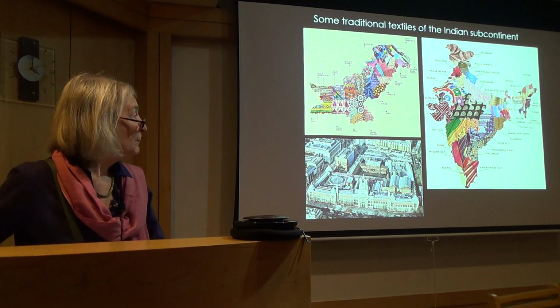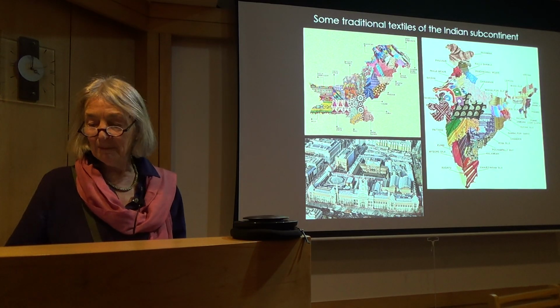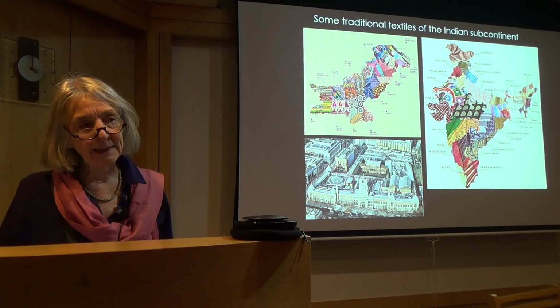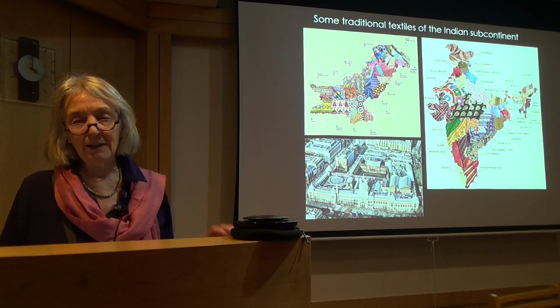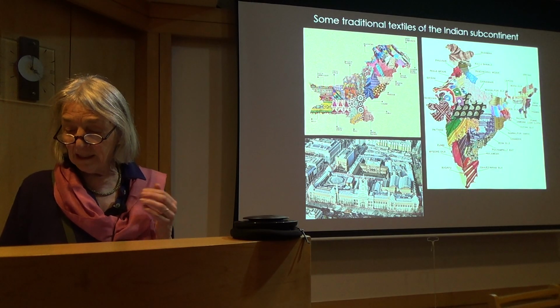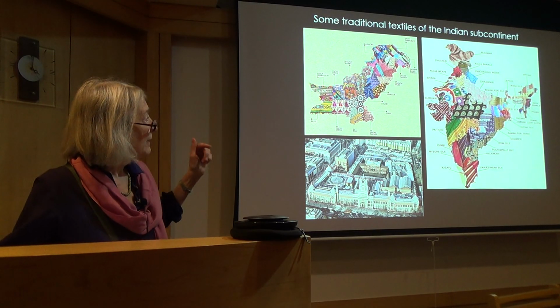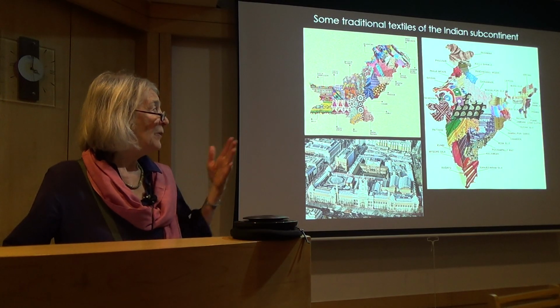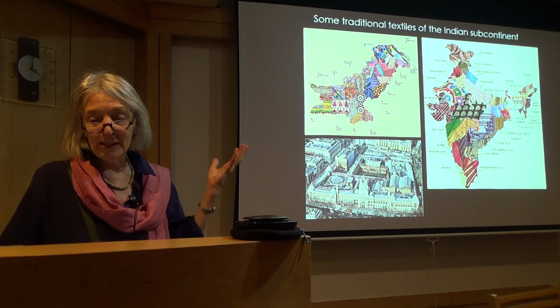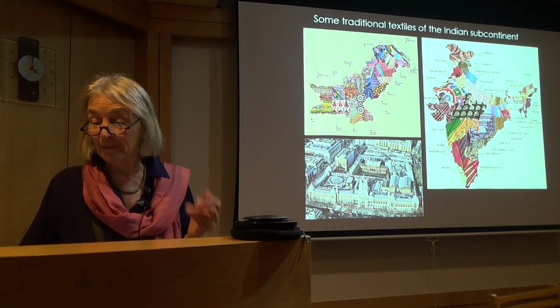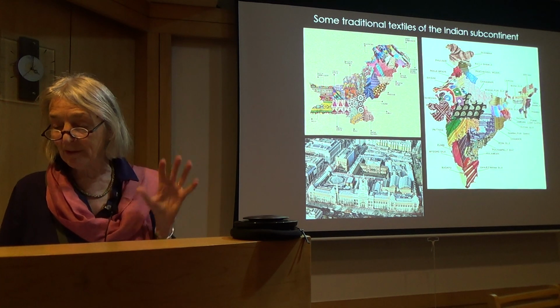To start with, I've just put these pictorial maps showing the sort of wide variety of Indian textiles that are produced. Muslin is just one of many marvellous textiles. And also on the left, there's a map of Pakistan showing embroidery styles. So this hardly conveys the sort of great range and wonder of Indian textiles, but just to put the Bengal